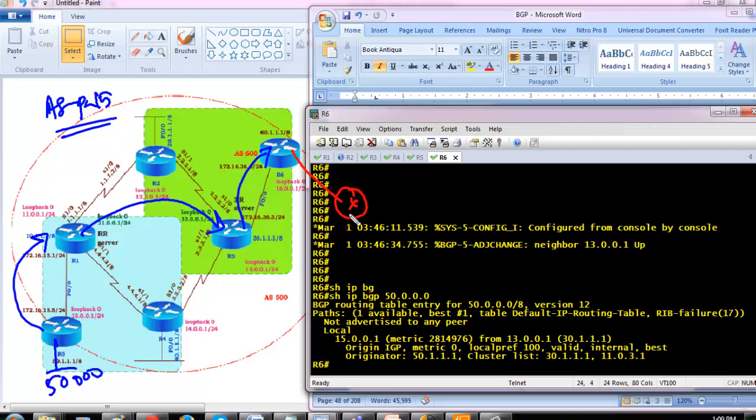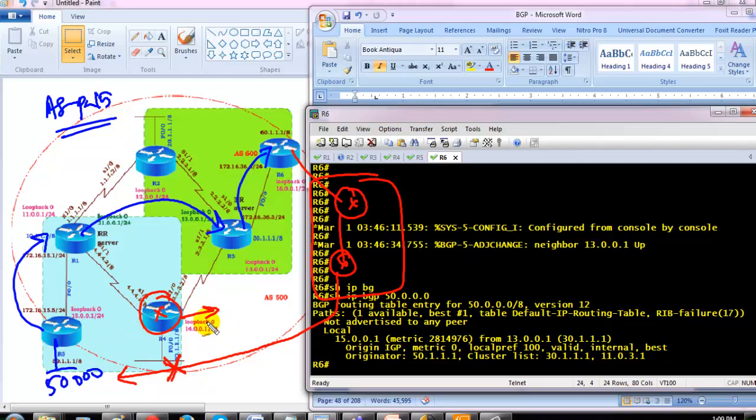Now router 6 has one more router here, and that router is advertising to another router here. Maybe you have one more cluster here, and then this router is getting back again to the same cluster. Now it will not install the routes here.